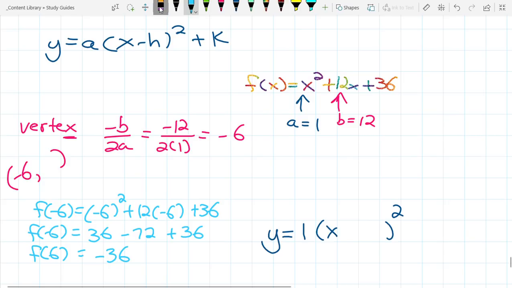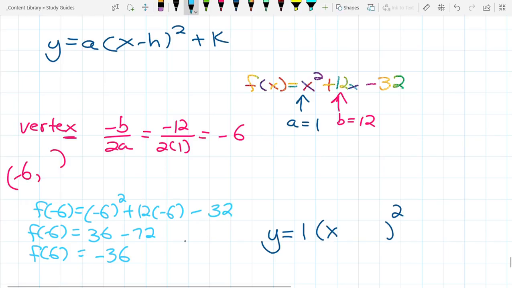And actually, I needed to change. It's not 36 in the question. I wrote down the wrong part. It's not going to change anything we've done so far. Let me fix it for people who are doing the notes. This is x squared plus 12x. It should be a minus 32. Sorry, I wrote that down wrong. So minus 32. So then these turn into